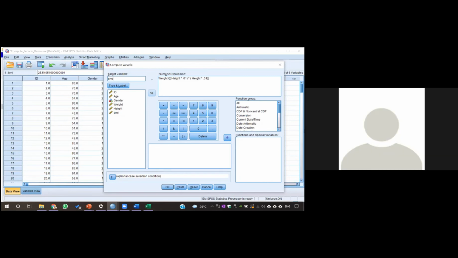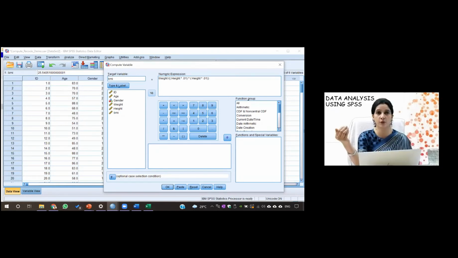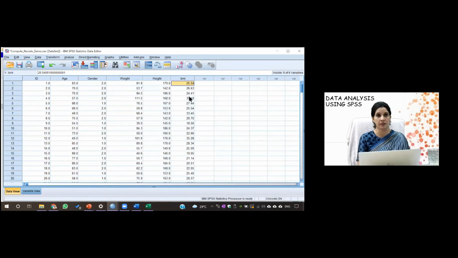Since height is in centimeters, I have multiplied it with 0.01 to make it in meter. And I have put in the double bracket here because it will take all the actions as a single action. So this whole tells you about the height square in meter square. And then I have pressed OK. And the variable which has appeared here, you can see, is the calculated BMI, right?